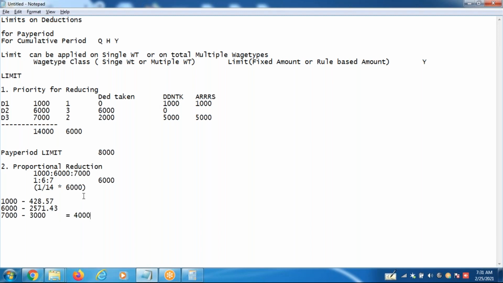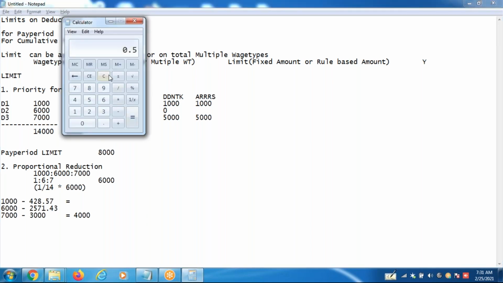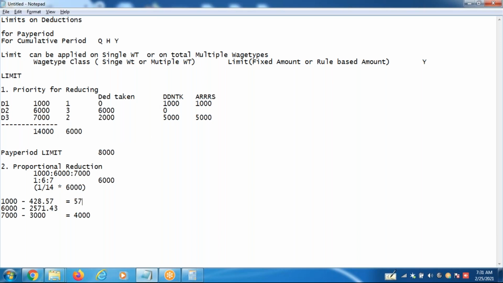So we have 4,000 here. 1,000 minus 428 is $571.43.